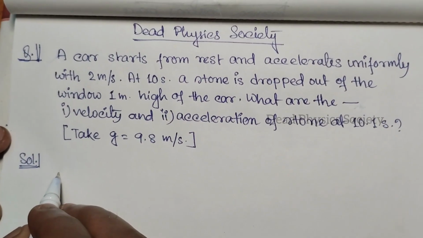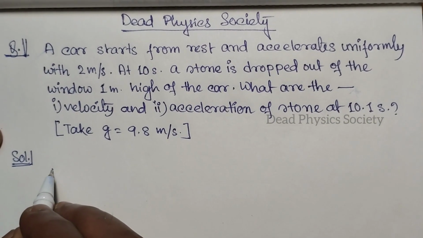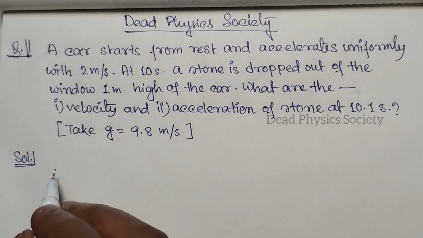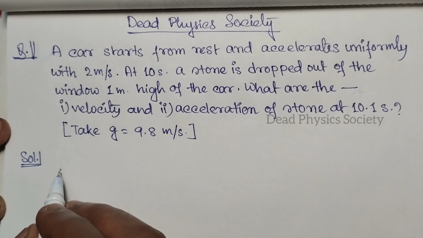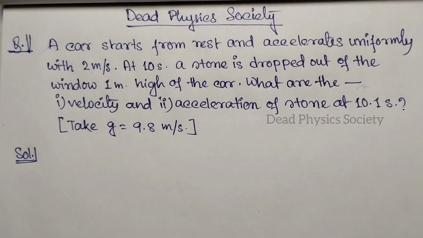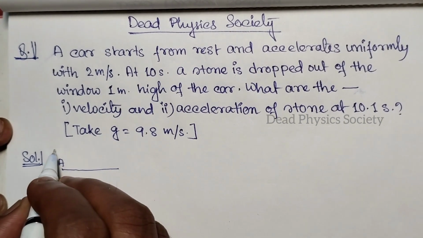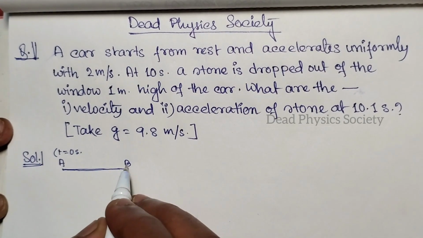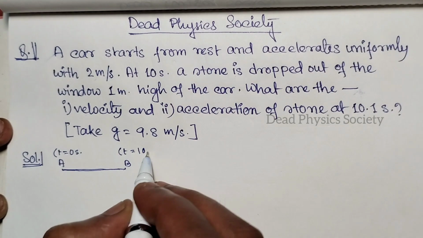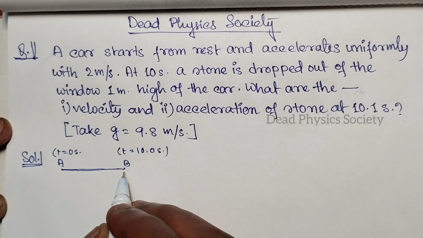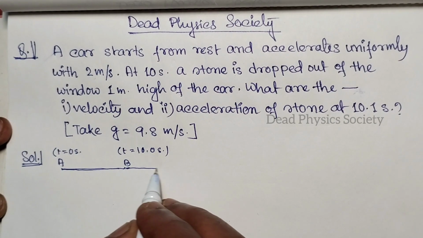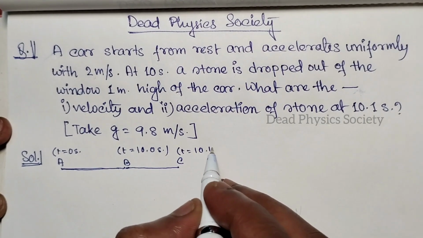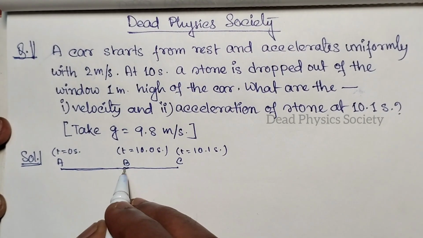So let's take the stone within the car. It starts from t equals to 0 second from A point and goes to the point B where time t equals to 10.0 second, and it goes to C point where time is equal to 10.1 সেকেন্ড। বি পয়েন্ট থেকে কার থেকে স্টোনটা ফেলে